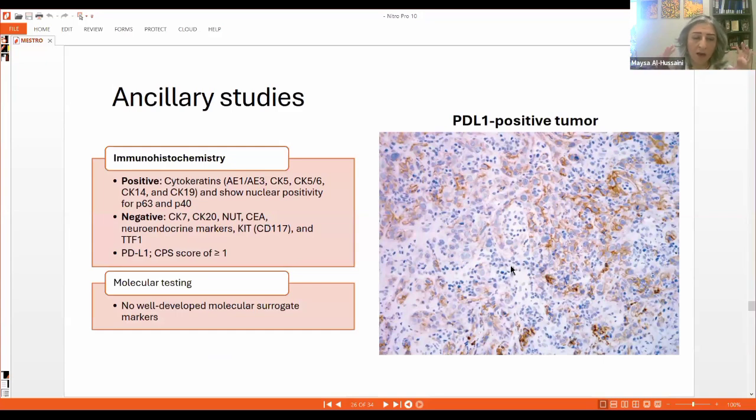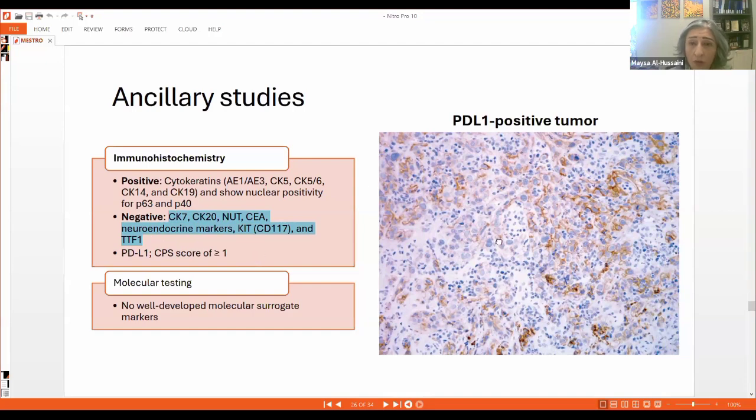So once we have the tumor in the analytical microscopic phase and we start working out the differential diagnosis, sometimes the cases are straightforward, but sometimes we need the help of some ancillary studies. These mostly are in the form of immunohistochemistry, where we have positivity with cytokeratins and nuclear positivity for P63 and P40. In particular, these last two markers would support that this is a squamous cell carcinoma. And then we have a large number of immunohistochemical stains that help us to rule out the differential diagnosis of